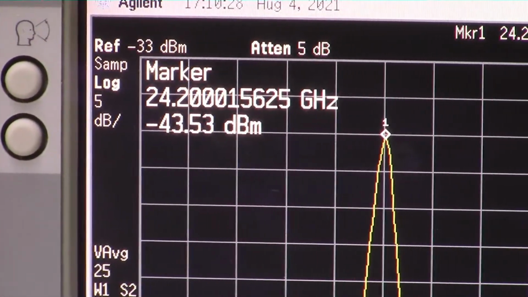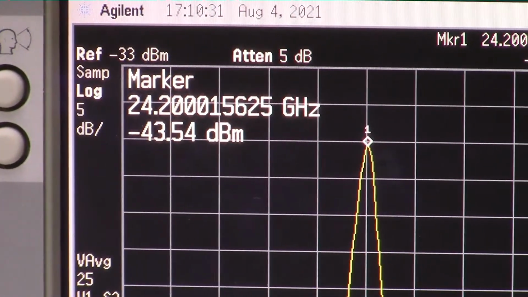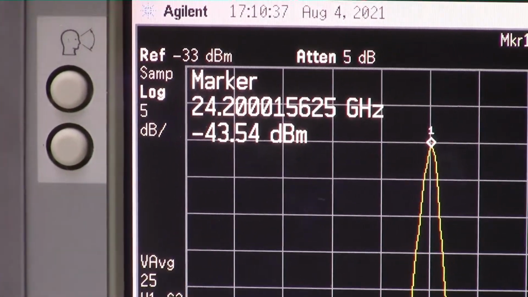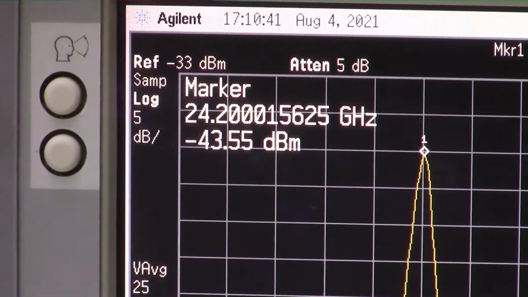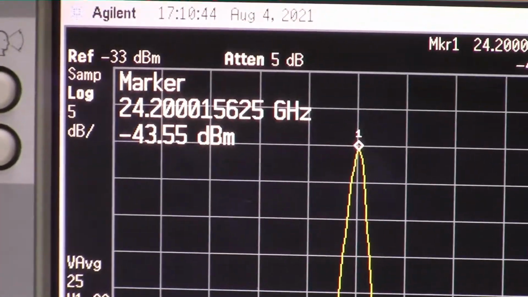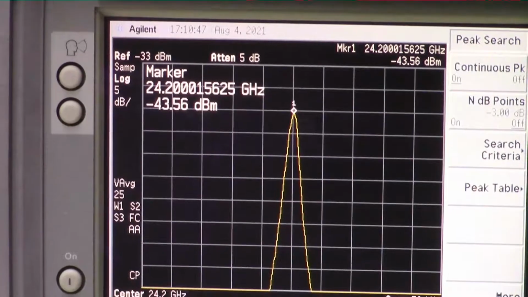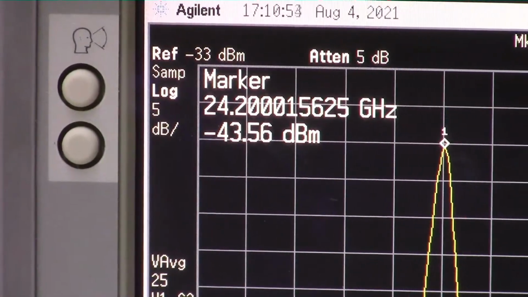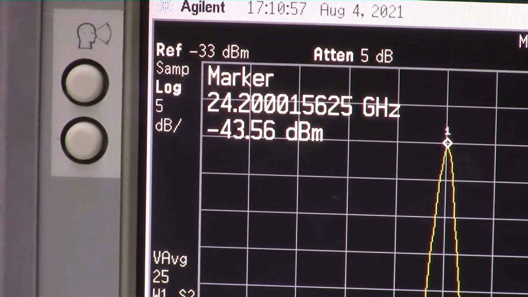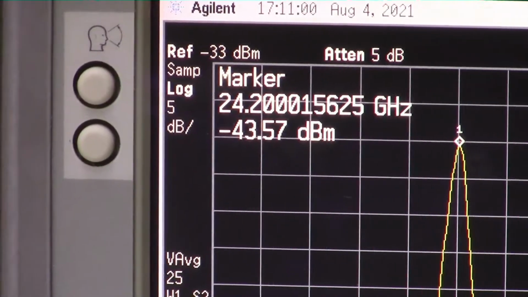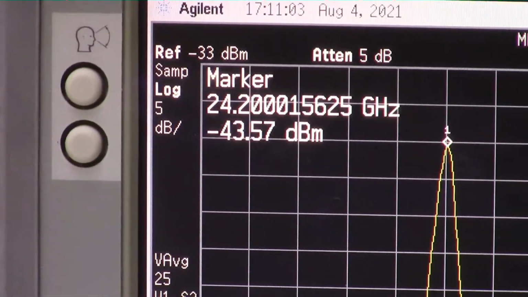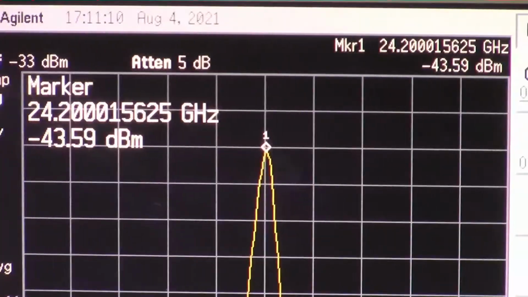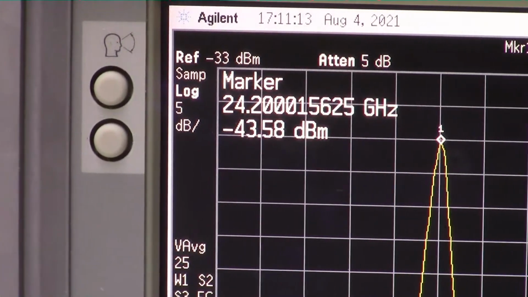43.54 seems to be pretty typical. I've seen that go down to 43.50. So just be aware that the amplitude of the signal generator and the spectrum analyzer together as a system whole, like right there, you can see the signal has weakened, and for a second there we hit .57. So rather than trying to tabulate all this, I'm just going to be filming these real time. So for example, let's just call that our reference,